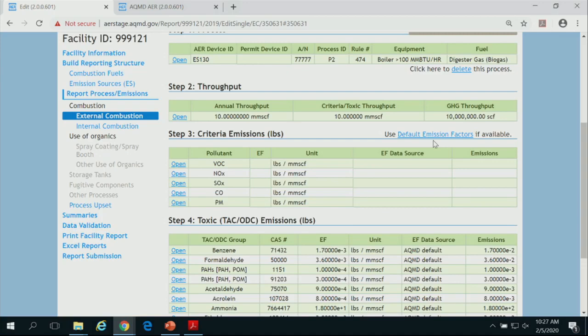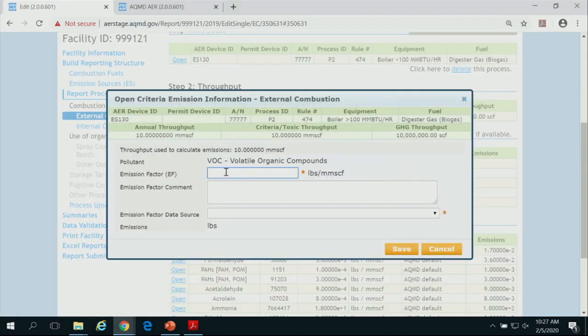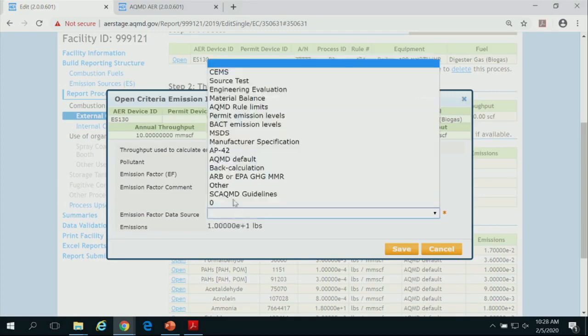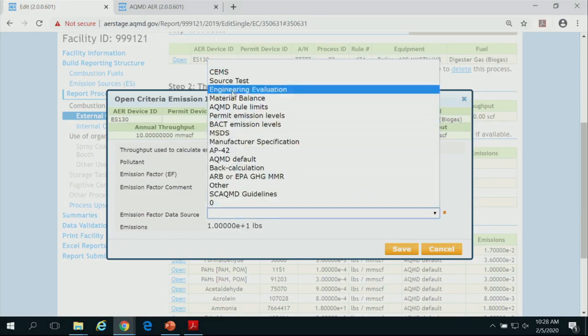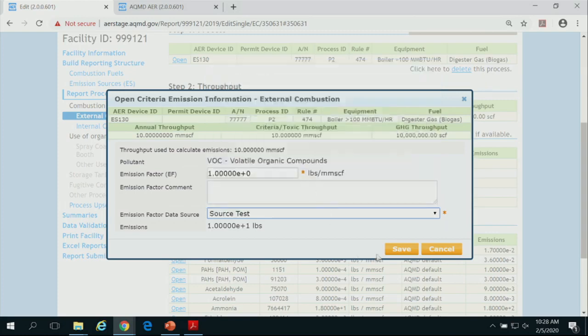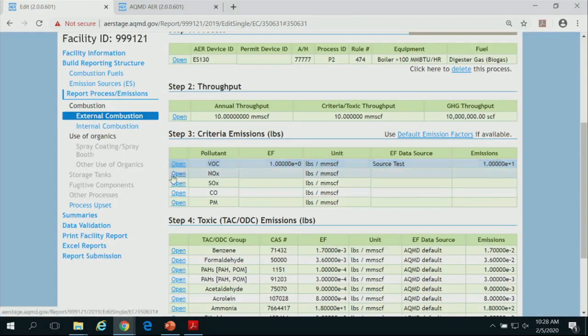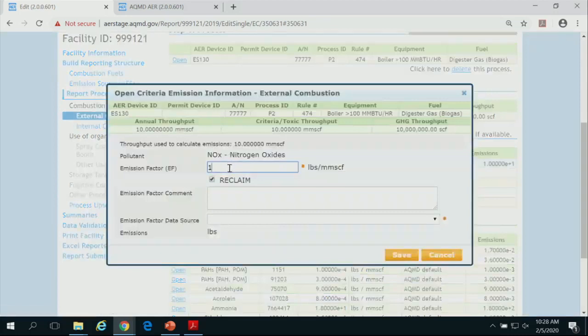When you click and nothing populates, what does that tell you? There's no default. Then the emission factors need to be populated. So I'm going to quickly add some numbers. Let's say I had a source test for this device, and that gives me all the emission factors. I'm going to just select that.